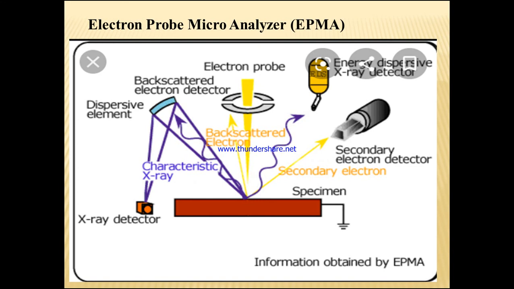So this is what we had in our session today with respect to the electron probe microanalyzer. This is the last topic of module 4 of nanomaterials and its characterization techniques. In the characterization techniques, it is the last technique we had today in our session. So this completes our 4th module. From the next session, I am going to start with the 5th module, which is automation and its programming.